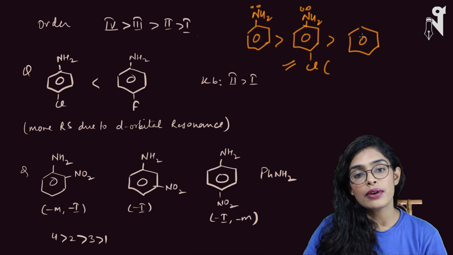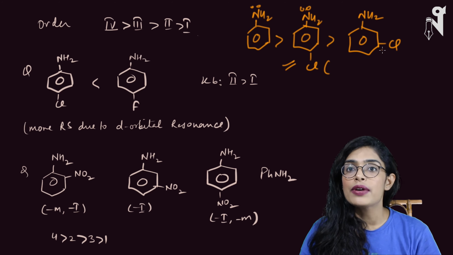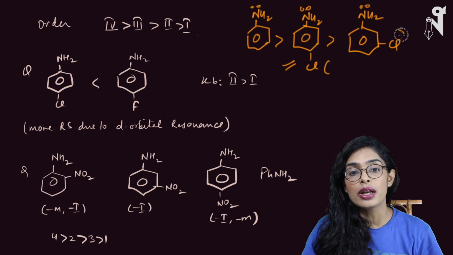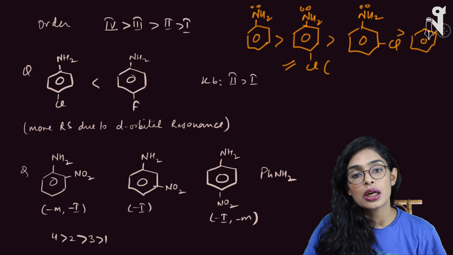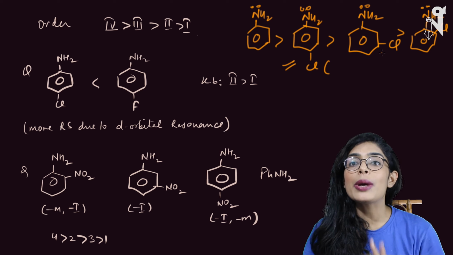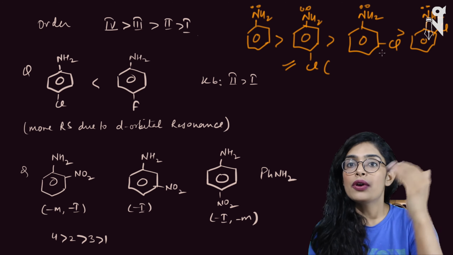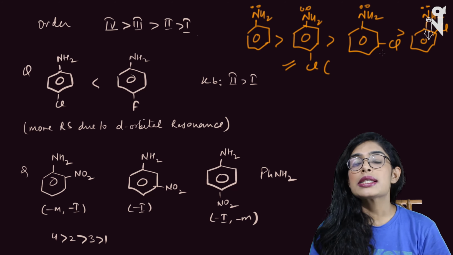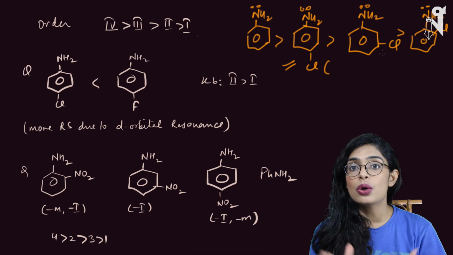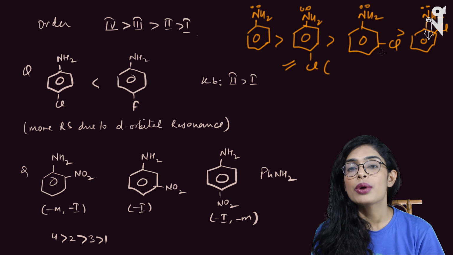Then comes your second one. In second one, what we have, NH2 with chlorine on the meta position, that electron withdrawing effect is there, but still nitrogen will be able to show its basic behavior at least. In the case of 1, where chlorine is the closest to the nitrogen over here, due to the steric inhibition of resonance, it will not be able to exhibit its basic behavior altogether. Why? Because of the steric hindrance. First of all, electron withdrawing effect is very close. Secondly, it will not be able to show its basic behavior at all, because due to the steric hindrance, H2O and other Lewis acids will not be able to approach your nitrogen.